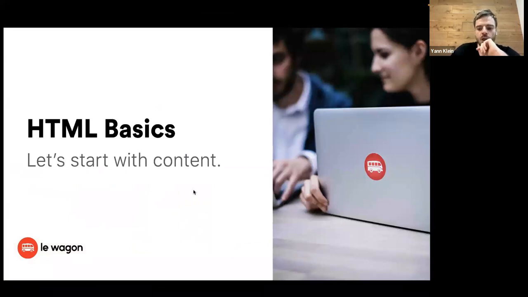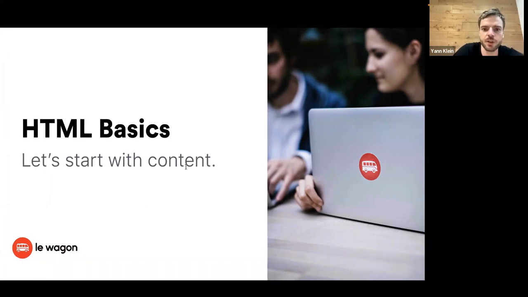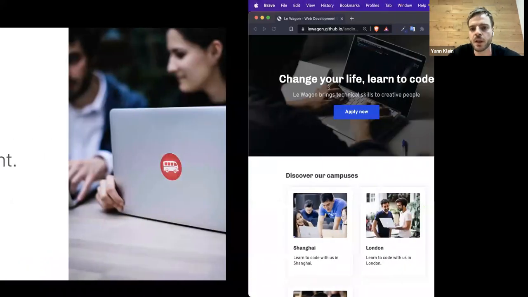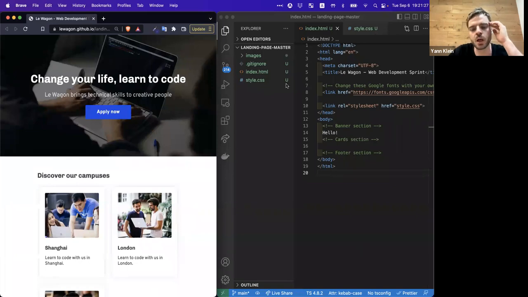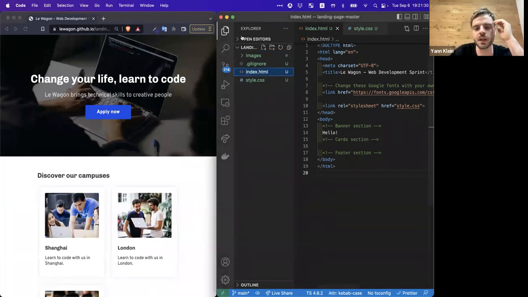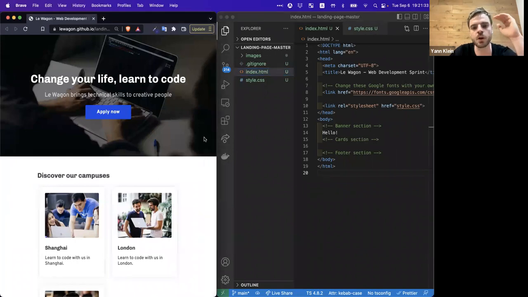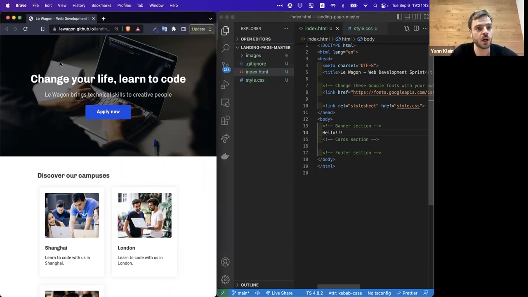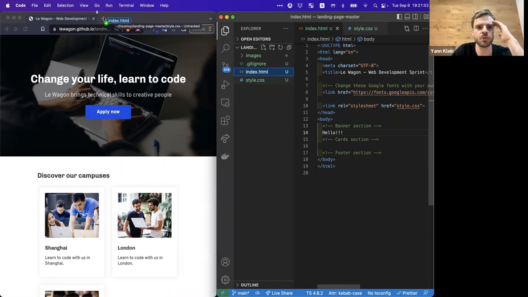Great. Okay. So I told you about the 2 files that we were planning to build, HTML and CSS. We're going to dig into what an HTML is. That will be really the foundation file of our website. But before that, I want to show you how to see this website on a web browser already, because the idea will be that we are going to change whatever is written in our HTML here, and we will want to see those changes directly on our web browser. To do so, maybe the easiest way is to take your index.html from VS Code and drag and drop it inside